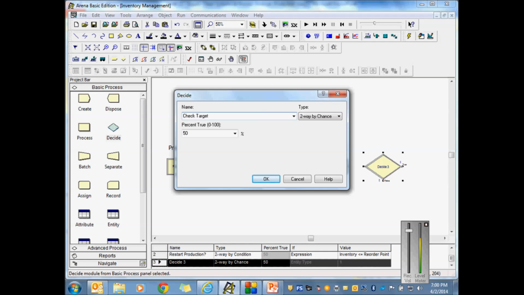And I apologize, I can never remember. There are things in Arena where you're allowed to use the same name twice, and there are times in Arena when you're not allowed to use the same name twice. So it's just a good idea to make sure that you're trying to give everything a unique name so you don't end up breaking some of the rules. It'll tell you. But check target,